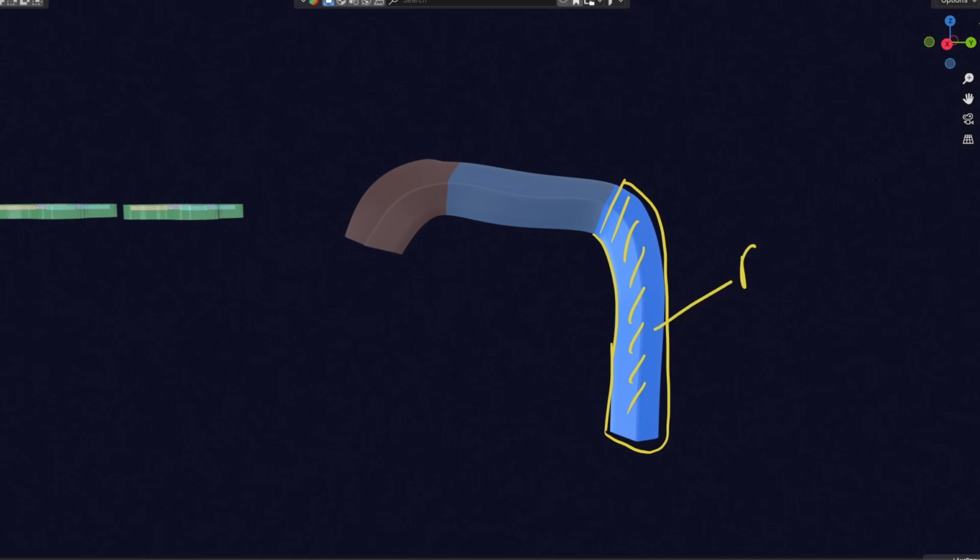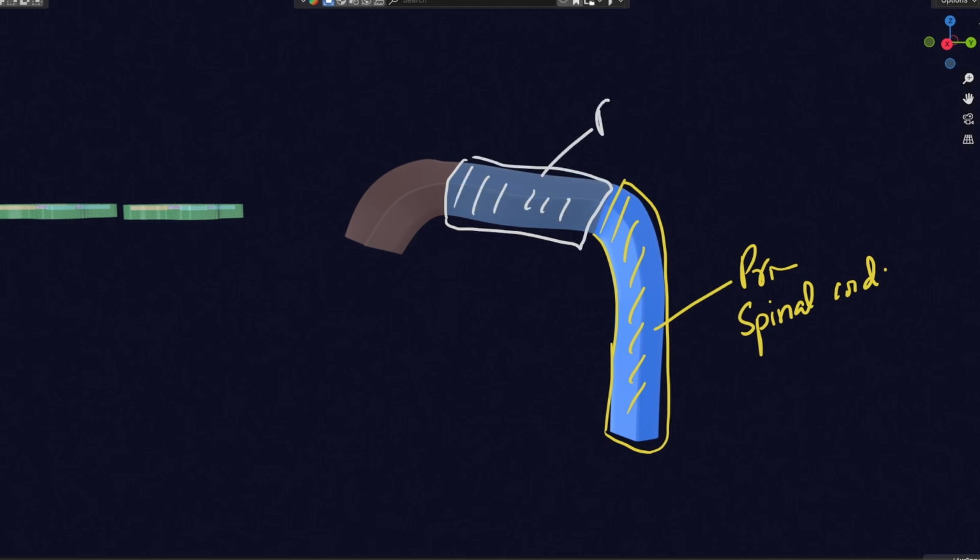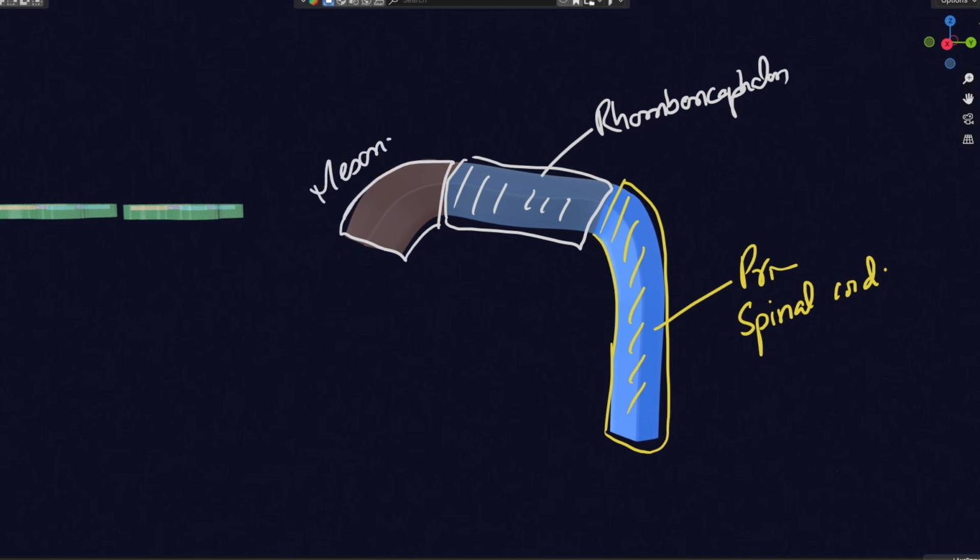It is basically the primordium of spinal cord. Then here we have the rhombencephalon, this bluish one. This is the rhombencephalon, and we will see why it is called rhombencephalon today. And then this brownish one is a part of mesencephalon, and here actually I have removed the other parts, and here we have the diencephalon, and then we will